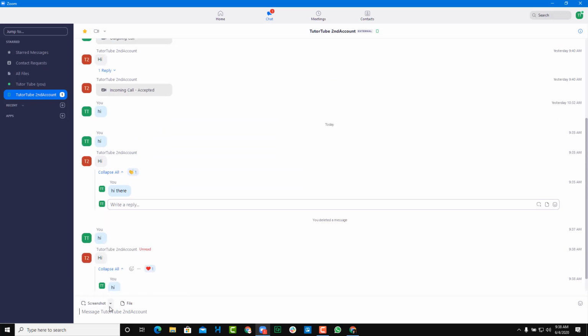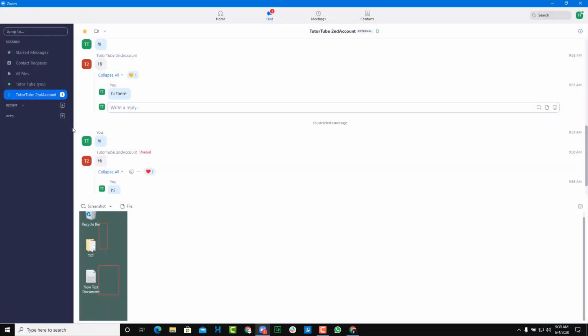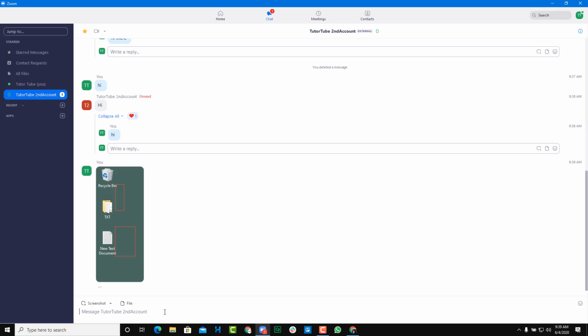Besides that, you have the screenshot option. If you want to share a screenshot, you just click over here on the screenshot and then select a portion of the screen as it minimizes. Then you can draw on it by using these tools. You can capture it and then go over here. This is still the chat box area, so you have to select it. You can see the cursor right here. Once you press enter, you can share the screenshot like this as well. So these are the options provided.